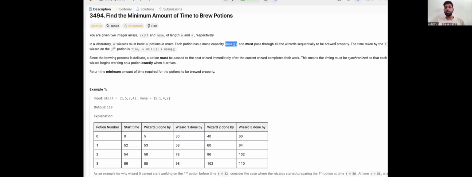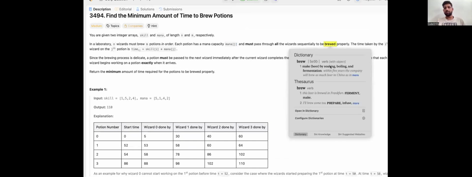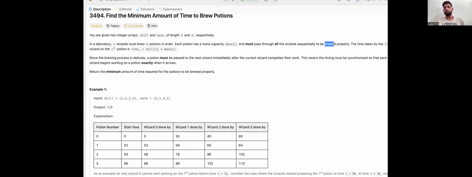So, okay, first let's see the meaning of brewed. Okay, so it means something related to boiling or fermentation. So we can consider brew as some process. So to process each mana, it will require all the wizards sequentially. It means that